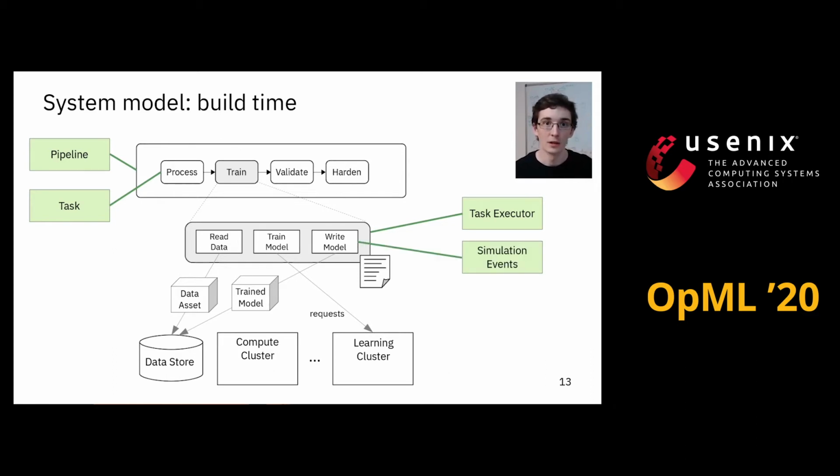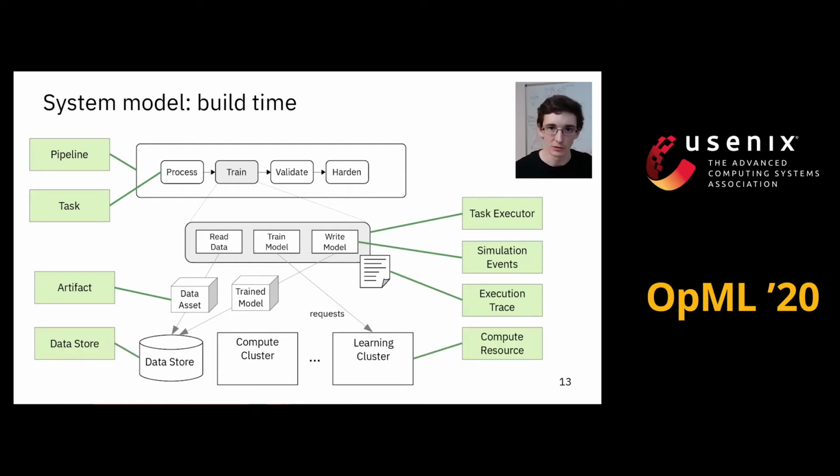So these are all events in our discrete event simulation that simulate the task execution, which then generate the synthetic traces that can later be analyzed. And you have your compute infrastructure and your data stores as resources. In our case, we only modeled compute and learning clusters as discrete resources. So each task gets a certain number of workers from the cluster, but you can extend this depending on your